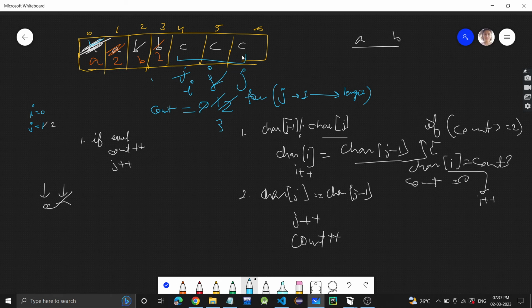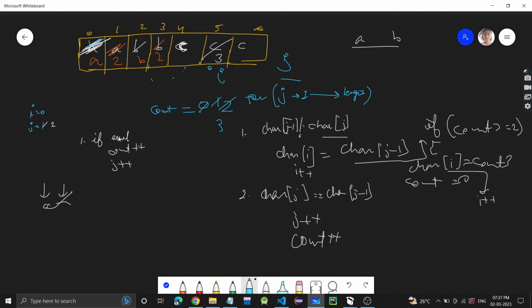At last, the previous character will be stored here, C, and here the count will be stored, so 3. So at last your I will be here, and j is out of bound.